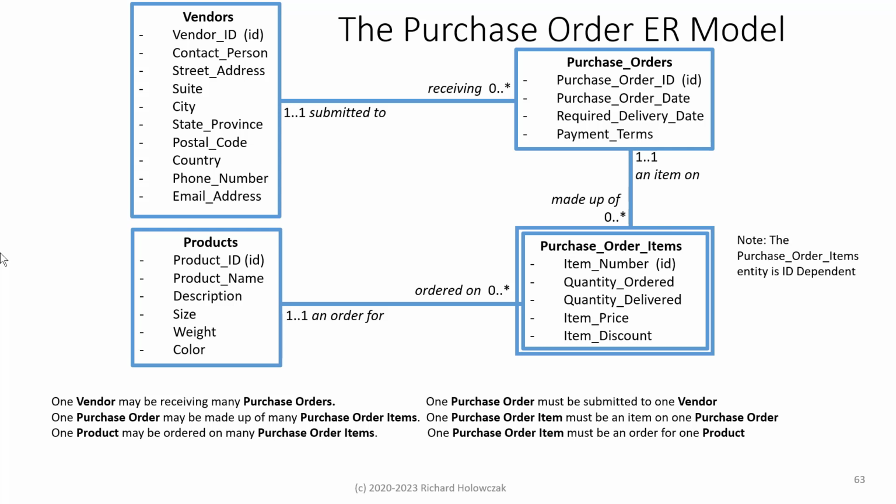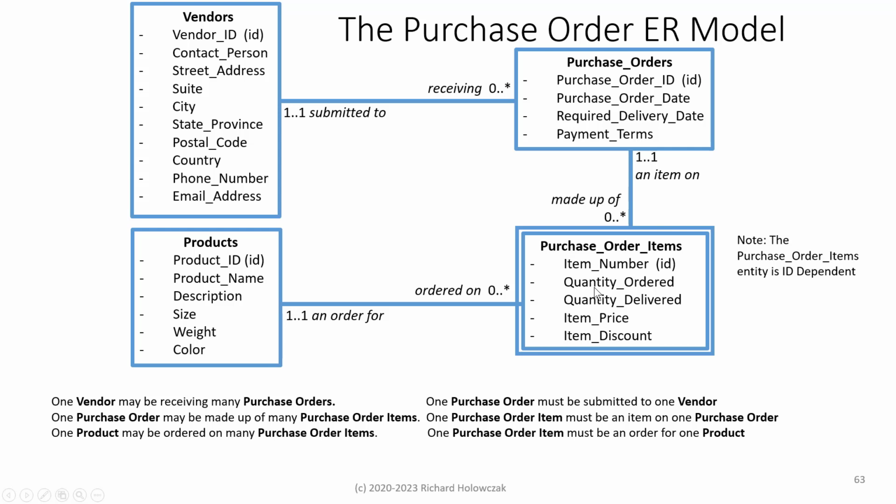And the reason why I wanted to show this example is it is very, very common. You could use this pattern for any type of product or service that a company or organization might want to sell or purchase. You could easily replace purchase orders with customer orders, vendors with customers, and so on. It all works. One vendor may be receiving many purchase orders. One purchase order may be made up of many purchase order items, and one product may be ordered on many